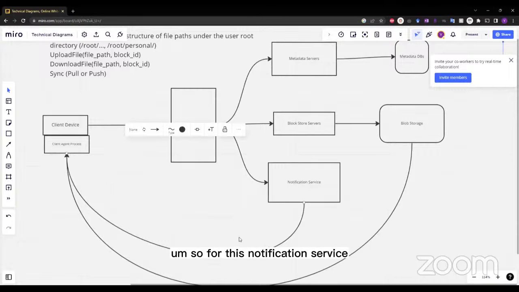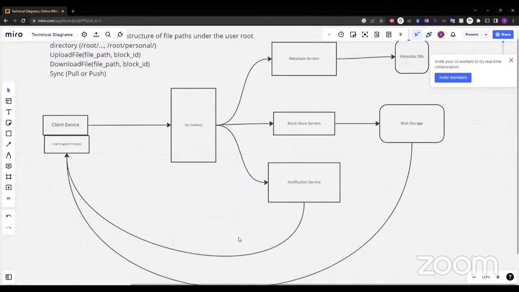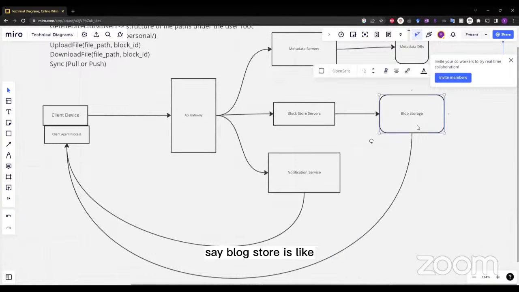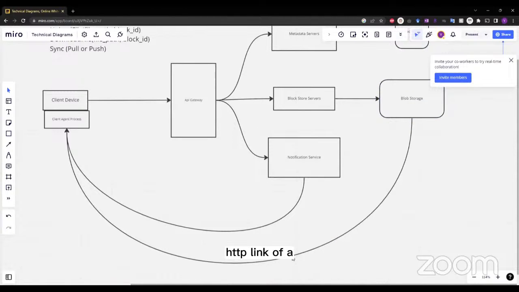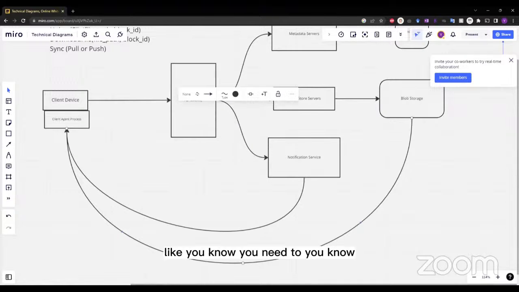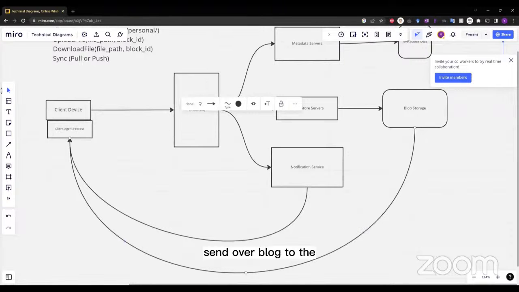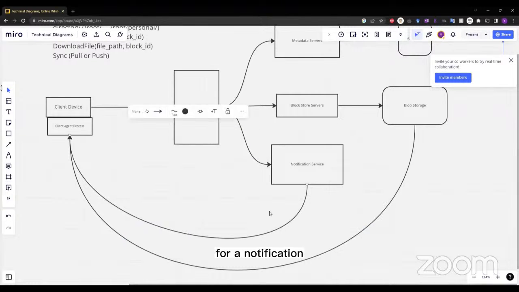So for Blob Store, say if we use S3, the download can just be an HTTP link to a specific block. And for upload, we can use some API provided by S3, like another HTTP request, where you need to send over a blob to the specific URL. For notification,